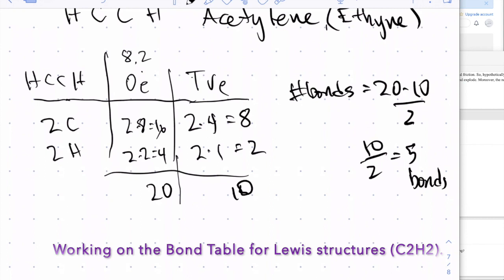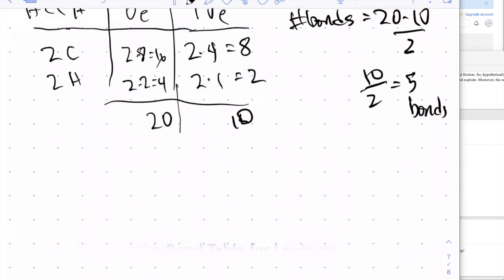So let's draw our 5 bonds. We go ahead and put the atoms down in terms of how they're going to be arranged. And here you can see that there are 2 central atoms. I'll call this carbon 1 and carbon 2. Let's put in our 5 bonds. 1, 2, 3. And remember, hydrogen can't have more than 2 electrons, so you can't put another bond here. Otherwise, you would give hydrogen 4 electrons. That's not allowed. Where we need to put our other 2 bonds, because we've already used 3 from our 5,